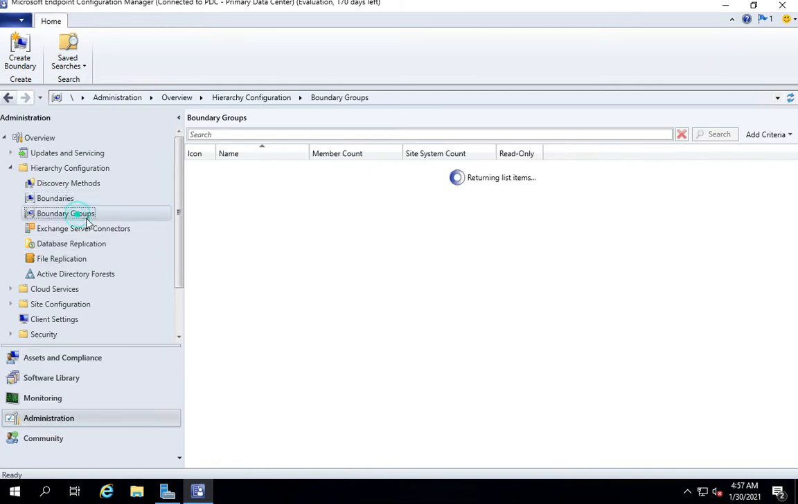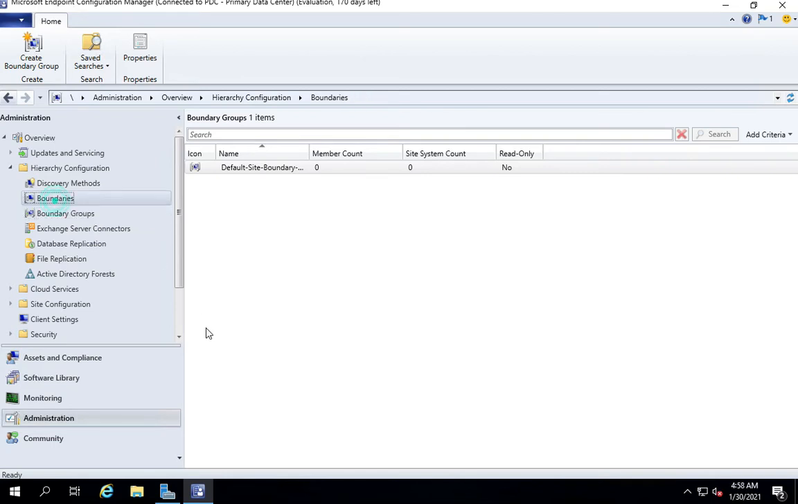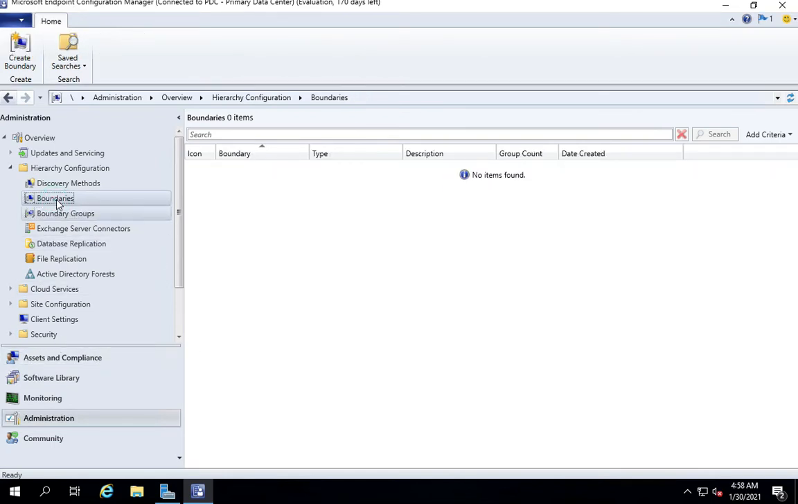Now, a boundary group is basically a collection of boundaries, and a boundary group is where we attach our site servers. So within one boundary group, we can have several boundaries and several different types of boundaries. What are those types of boundaries? We will see. So if we click on create boundary, right,